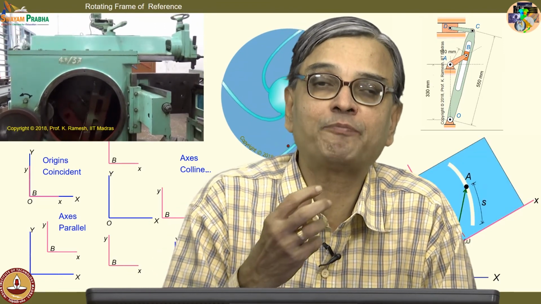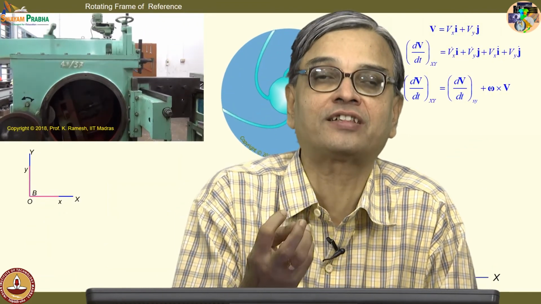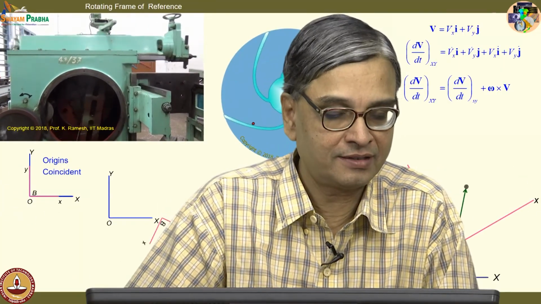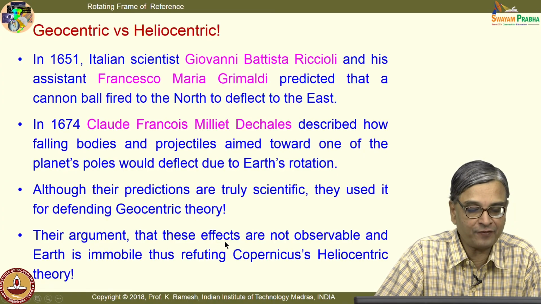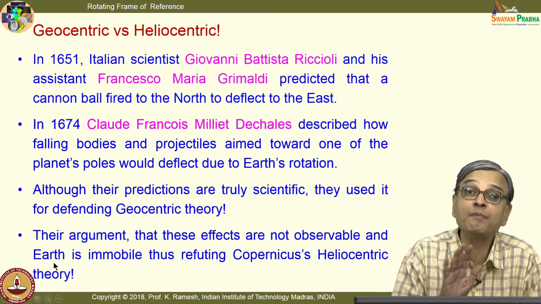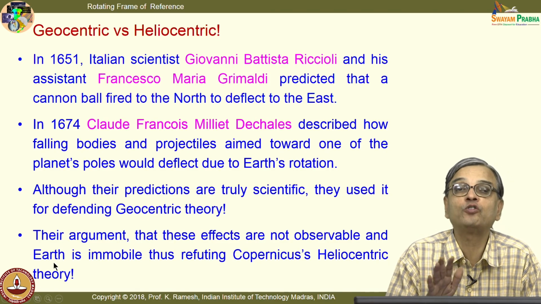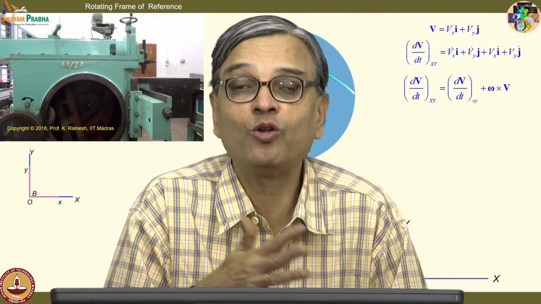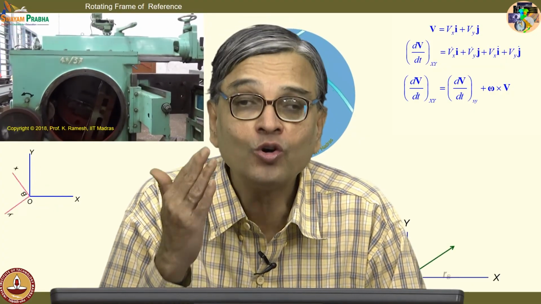And since they were passionately attached to geocentric theory, as there was no proof available from experiments, they argued that these effects are not observable and earth is immobile, thus refuting Copernicus's heliocentric theory. It may look folly now, but in those days